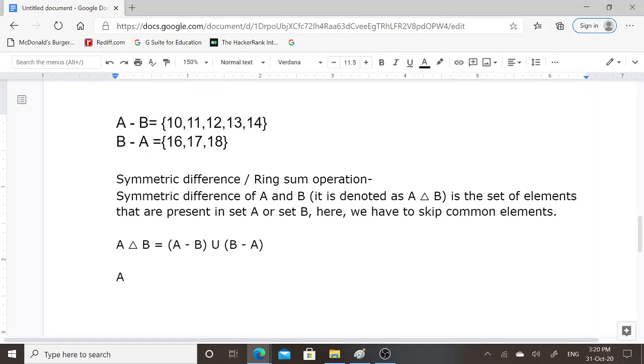Consider set A contains elements that are 2, 4, 6, 7 and 8. Set B contains elements that are 1, 3, 5, 6, 7, 9, 11.